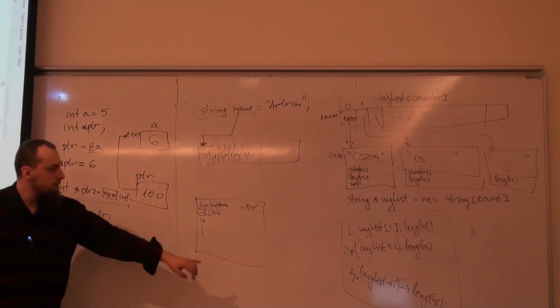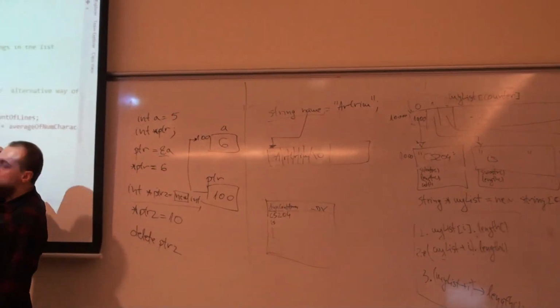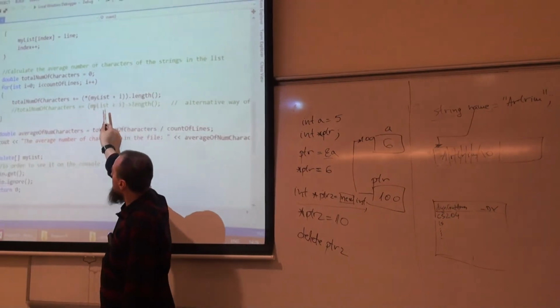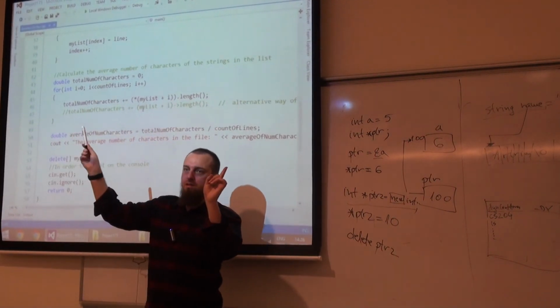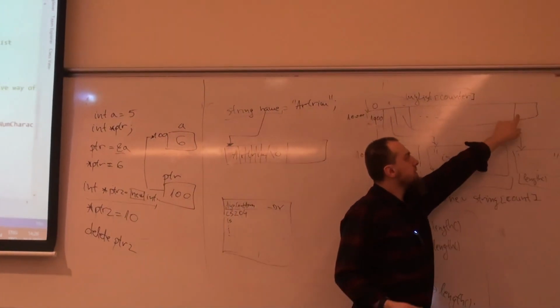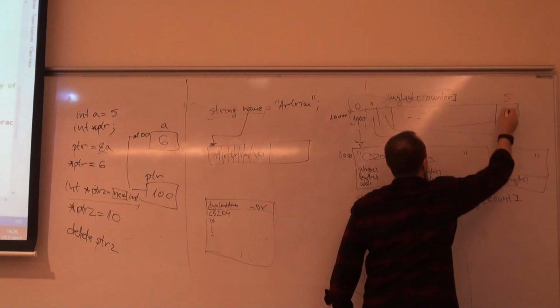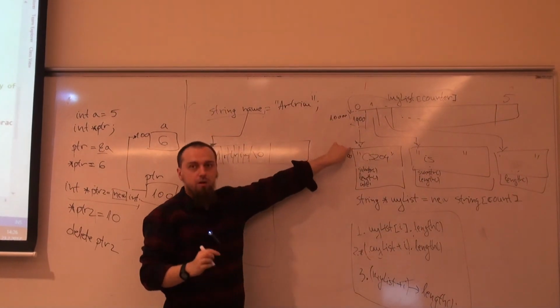You see this guy here? My list plus I, point length. Okay, I iterate from 0 till the count of lines. I have 6 lines in our case, meaning I iterate from this index till the end. In our case it's 6, so this is index 5. I go here, my list points here. Plus I,